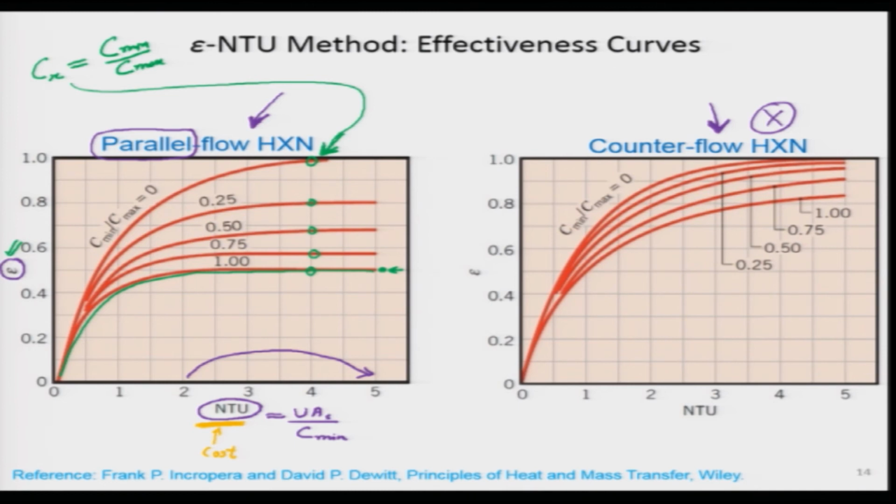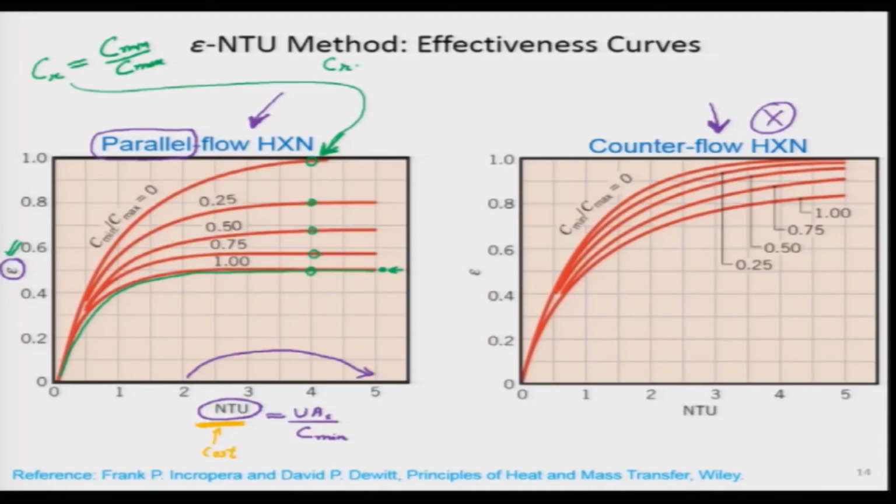Right. And what does CR equals to 0 mean? I will ask that question to the student. If I write that expression again over here, CR equals to 0 means the numerator cannot be 0 because mass flow rate is finite, specific heat is finite. Can the denominator be infinity? That is my question to student. Denominator is also mass times specific heat. Mass is never infinity, usually we can allow a lot of flow rate, but is there some way effectively specific heat is infinity? The answer is yes, an effective specific heat could be infinity if phase change is taking place.